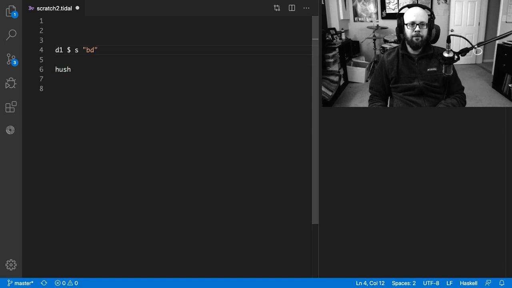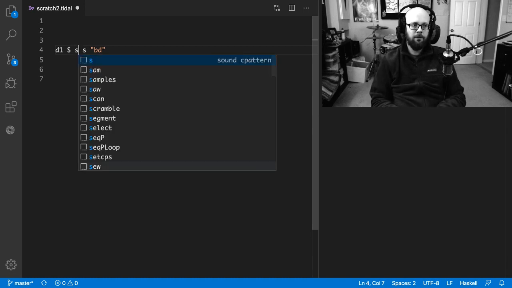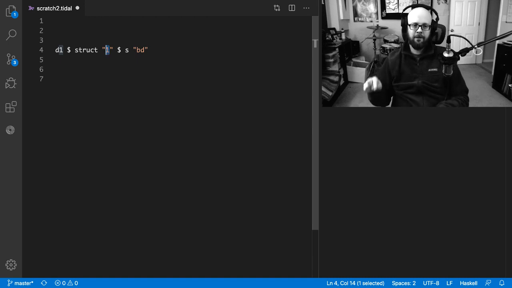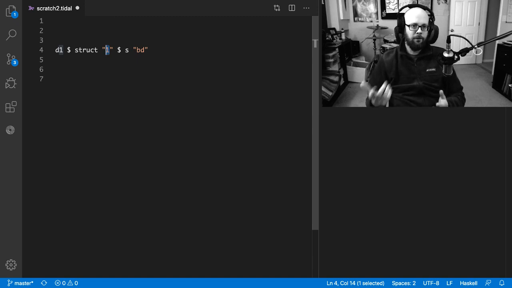Good old BD. So what you can do with Tidal is if you want to quickly create, or if you want to kind of define your rhythmic structure separately from your sound, you can use a function called struct. And it takes a pattern of ones and zeros or T's and F's. T for true, F for false, and 1 and 0, same thing. So if you do 1, this will play a BD sample once per cycle, like this. If I do 1 times 2,